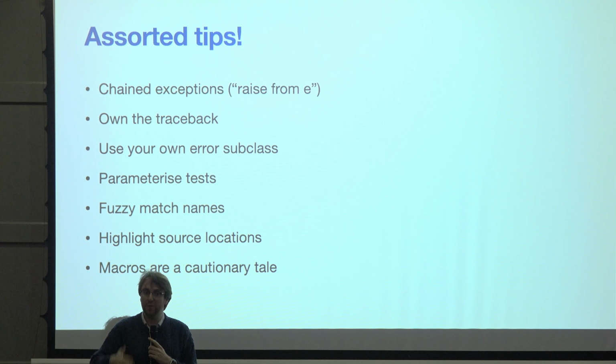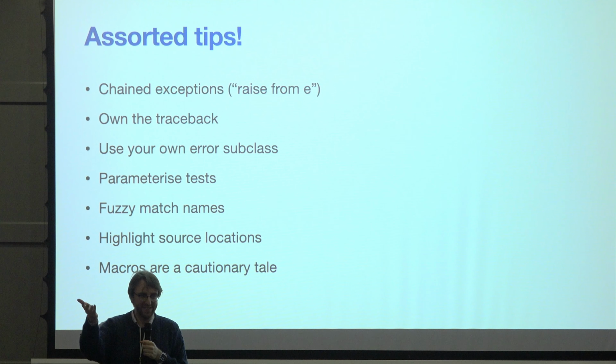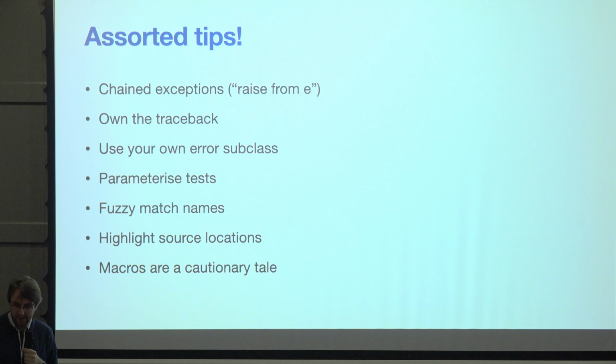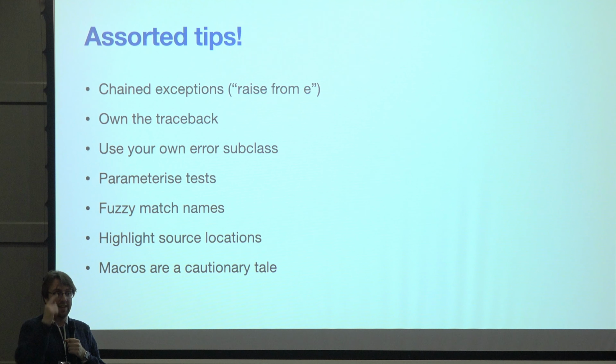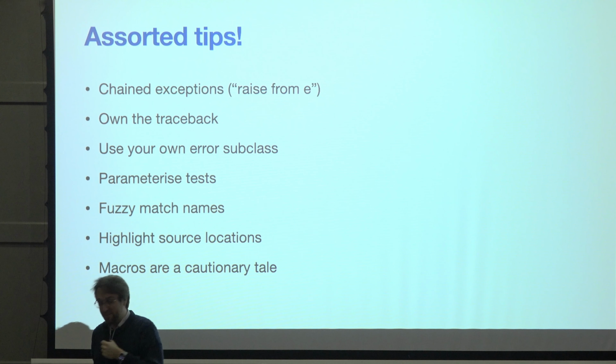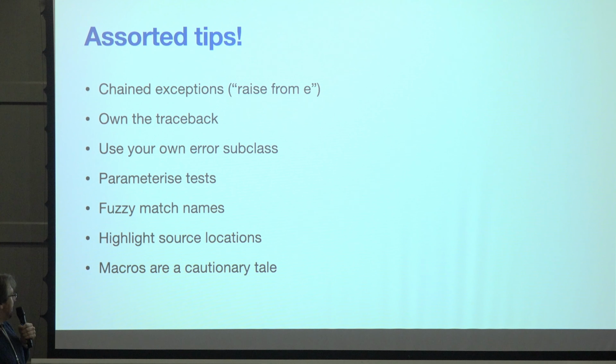Fuzzy name matches can be really good. Not just there is no such property foo, but there is no such property foo, but there is this other property boo, which is very close to it in name. Maybe you meant, did you mean X, right? Being able to give people suggestions about what they might have meant is giving them much more information. Highlight source locations. This is something that's really improving in Python. If you can say, not just in that original example with struct.pack, something went wrong, but it's this value, with a little squiggly underline pointing at the variable name. It had this value. You're giving people more information.